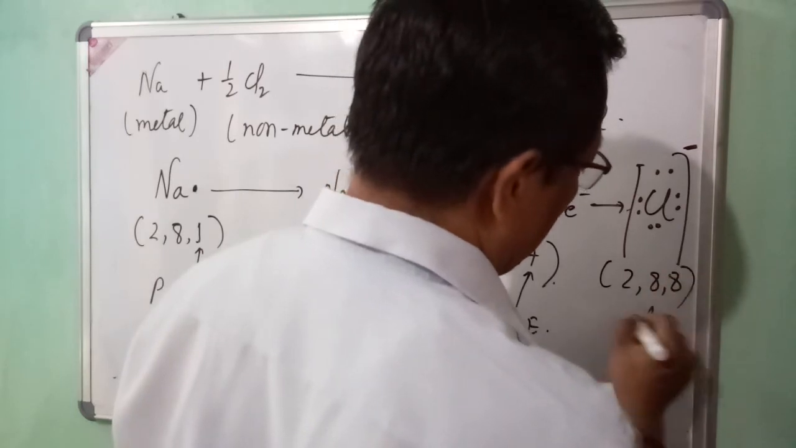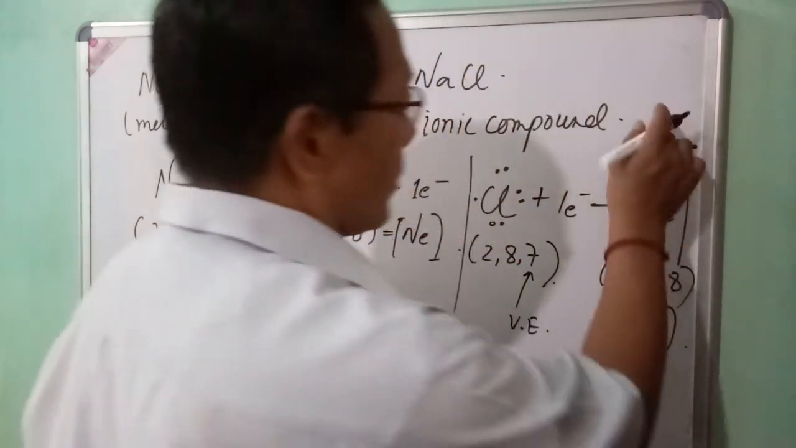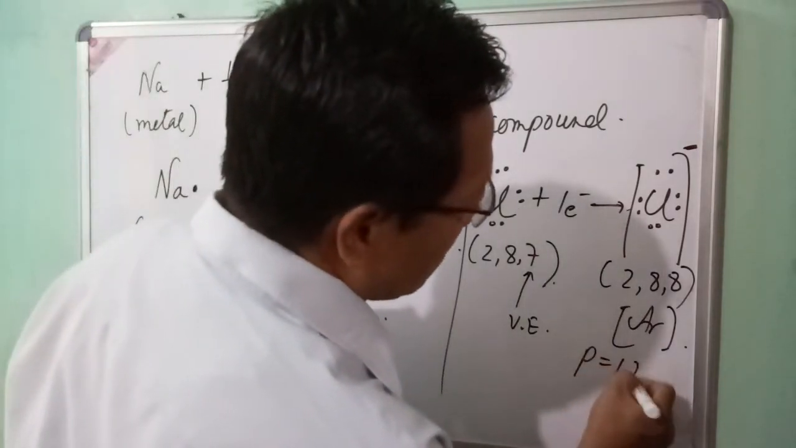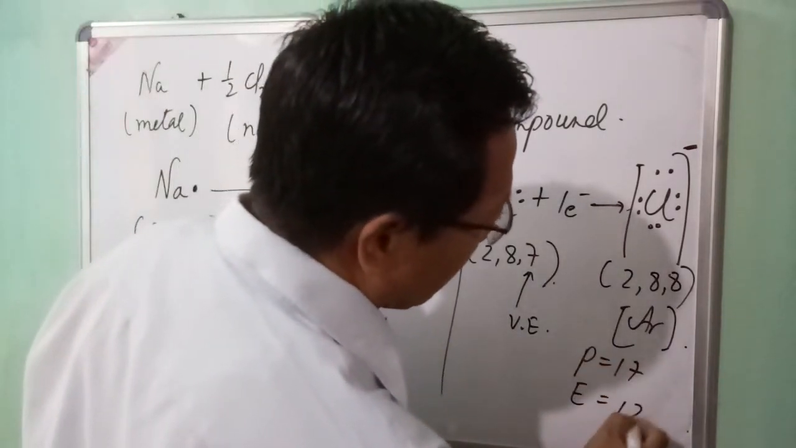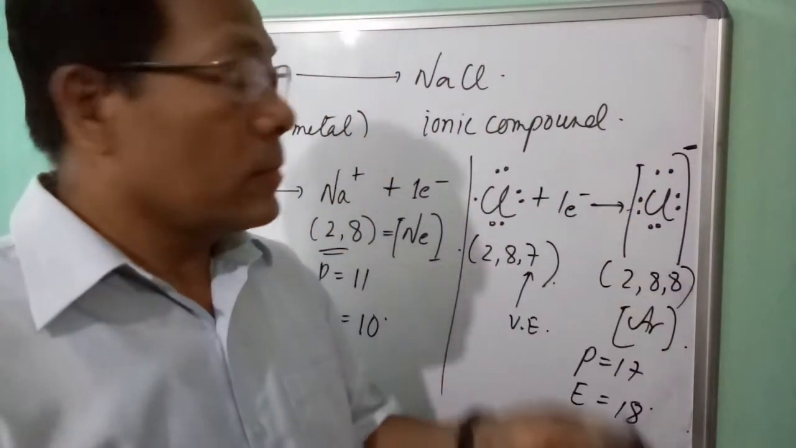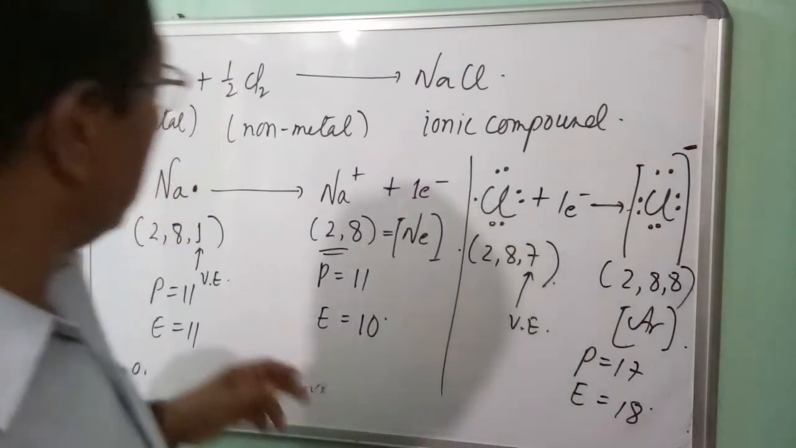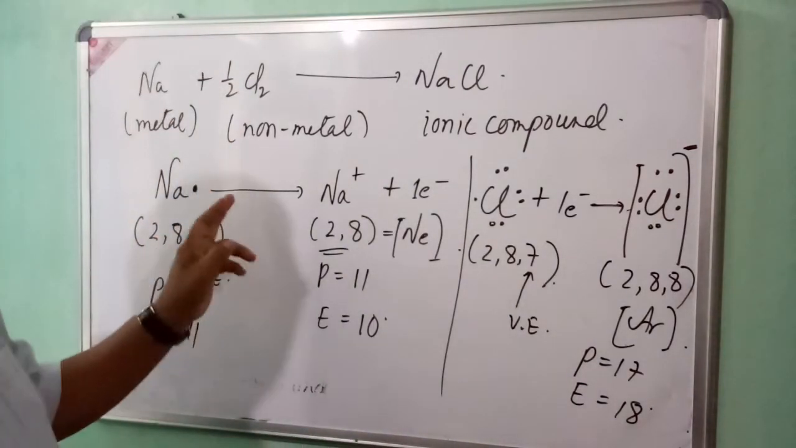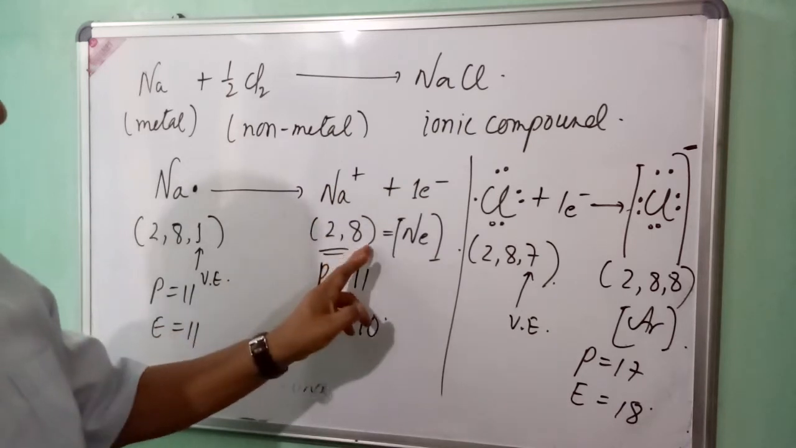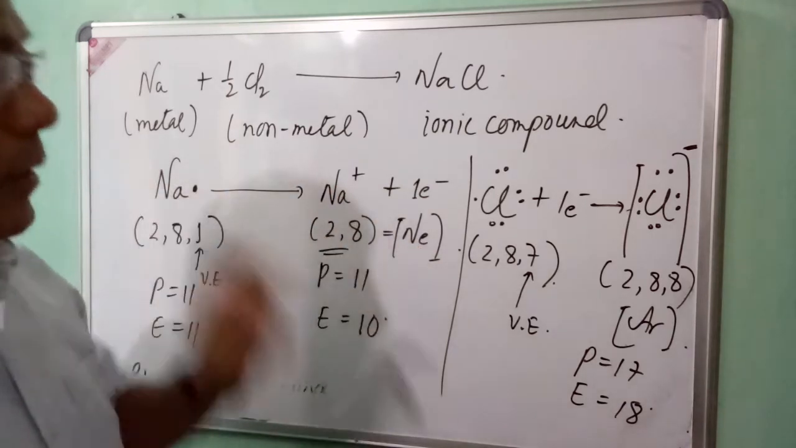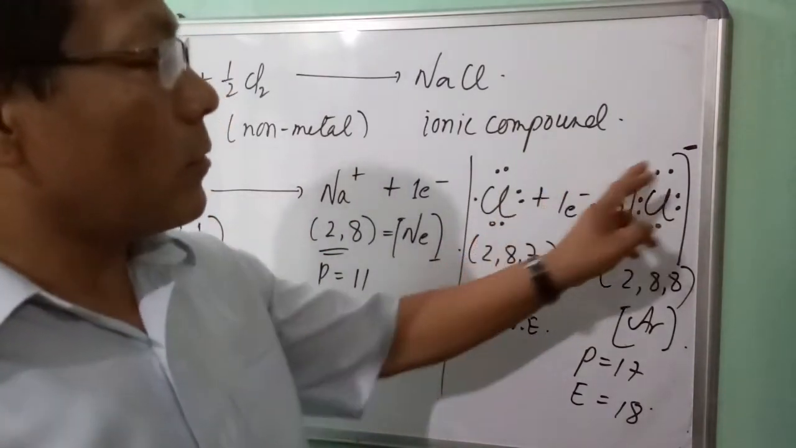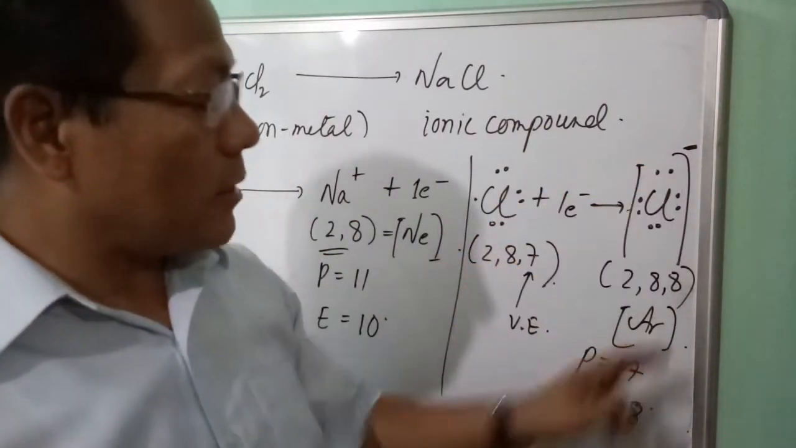In this anion, the number of electrons is more than the number of protons, so it carries a negative charge. Here the metal atom loses its valence electron to form a cation, and the cation gets the stable configuration of neon. This electron is gained by the non-metal atom chlorine to form chloride ion, which also gets the stable configuration of